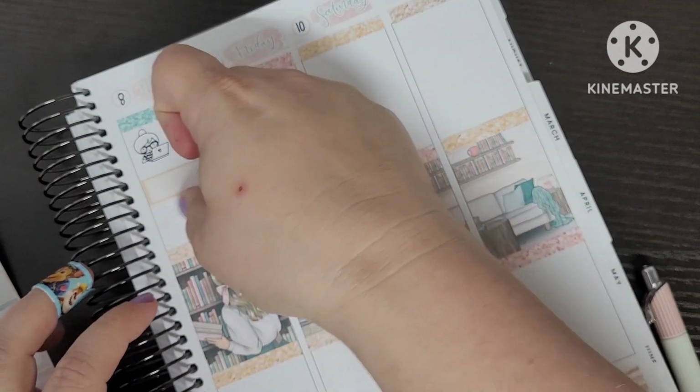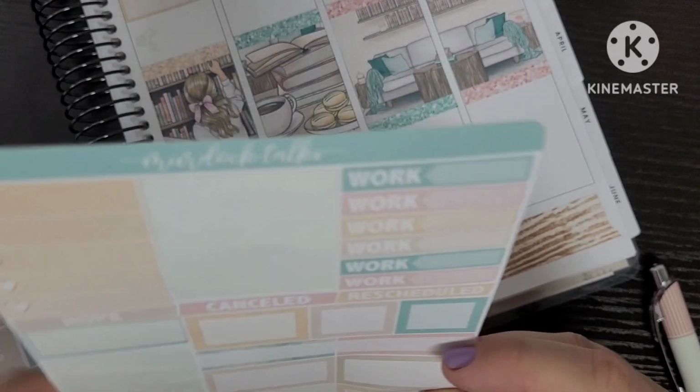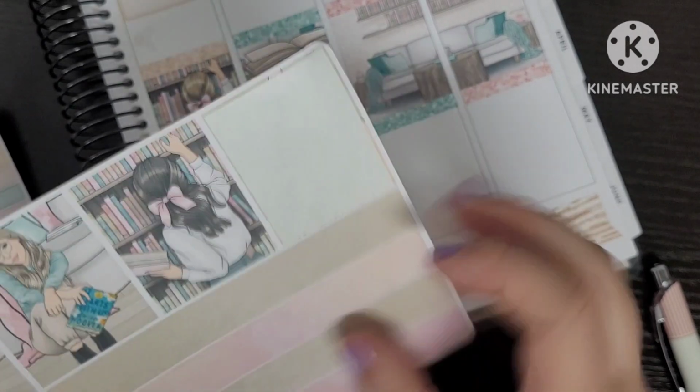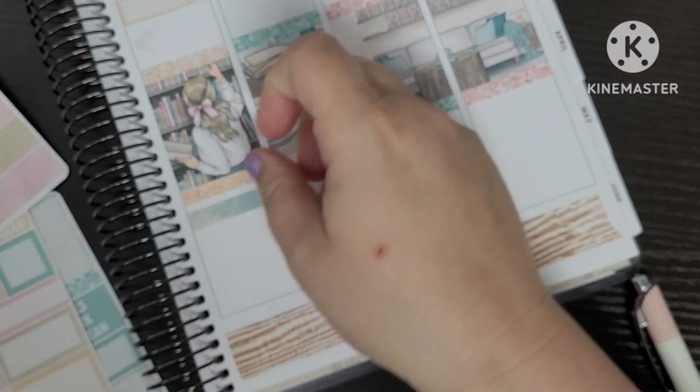Like, you cannot see this on camera. And then I also used an icon from the kit to note that I had a brow wax at my lunch hour. And then that evening, not much went on, but we did have a family dance party in the